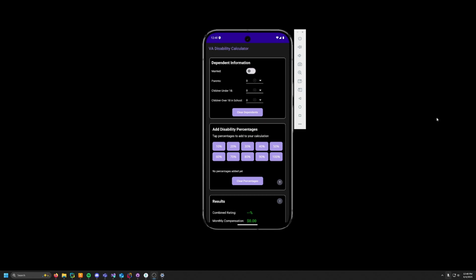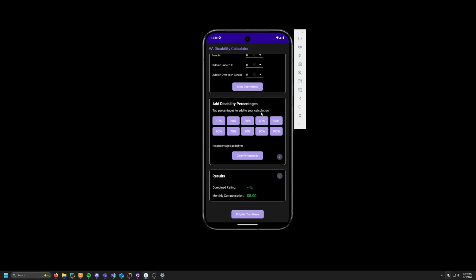Alright, we're going to take a quick look at my application that I made for Android and iPhones. It's a MAUI app on .NET framework, and it's just a real simple VA calculator to help people estimate, visualize, and understand how the VA math works and what the current associated compensation amounts are for any given